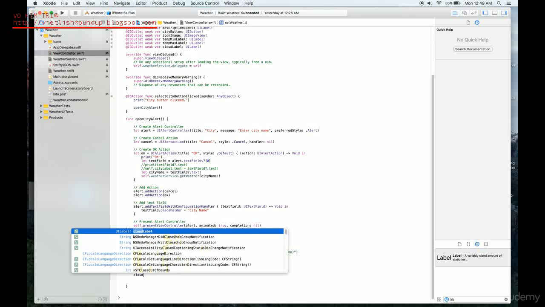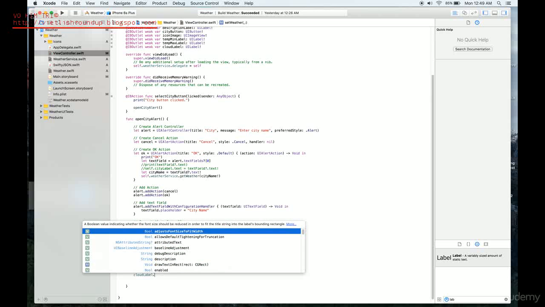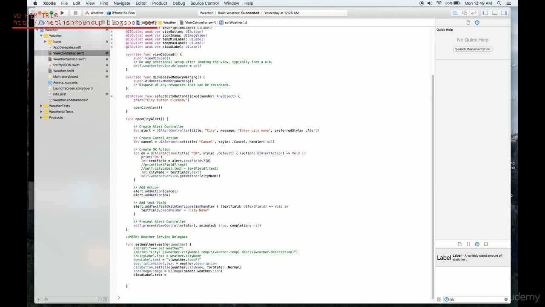So now let's present our three functions that we added to our project. One of them is the cloud label, and that's a text equals to, and since it's a double, you can't convert a double into a string the same way. The way we do that is how we converted our temperature up here. So that's what we're going to do. I'm going to put the slash, and we're going to have the weather dot cloud,